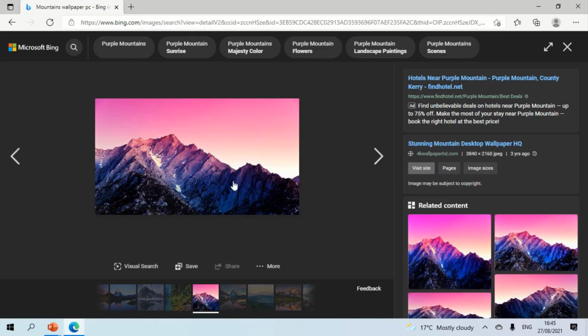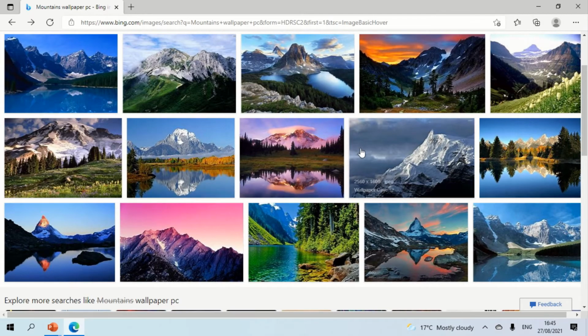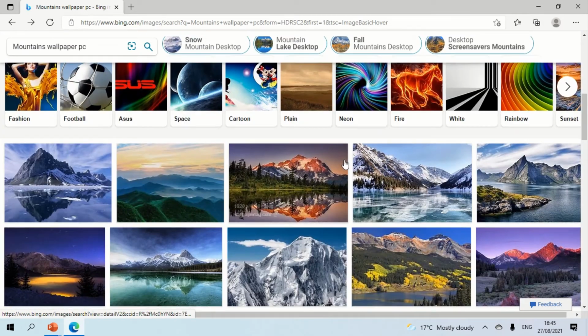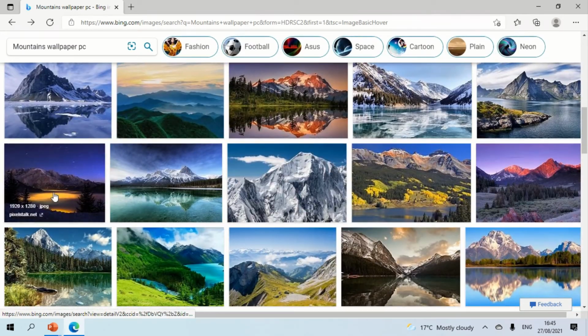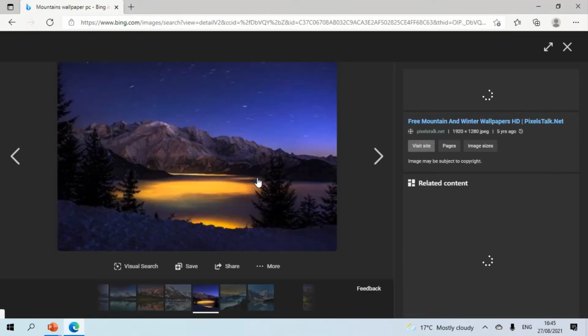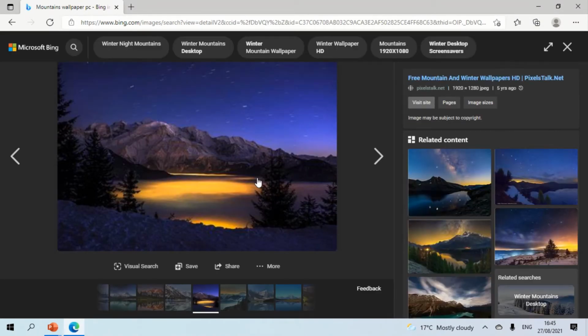Once you've got here and you do not like the image, you may want to go back. So you can press the arrow which is facing the left side at the top of the screen. Please left click this once. And now you can choose any other image, such as this one. You may like the starry night in the image. I personally do. So once you have decided upon an image, please open the image by left clicking it, and